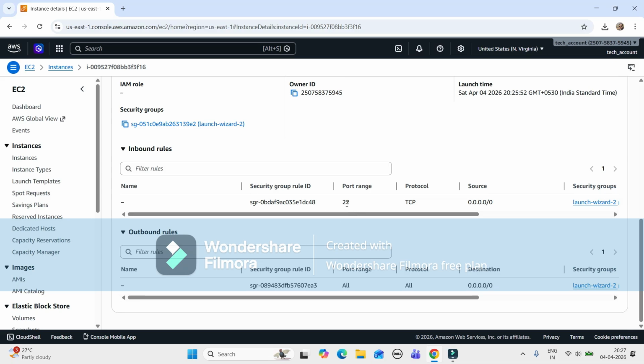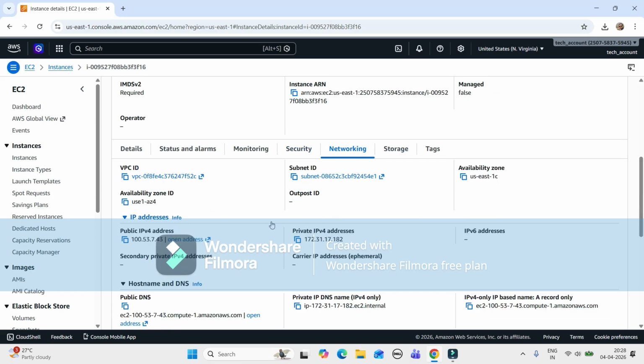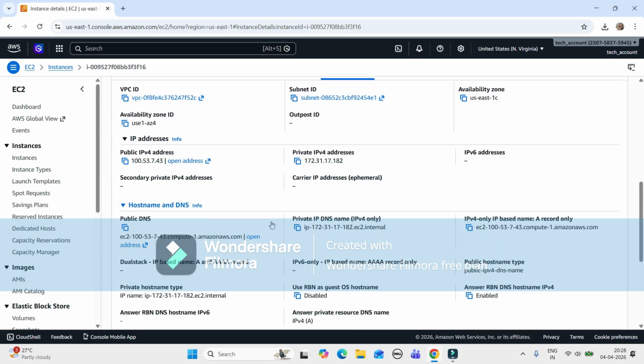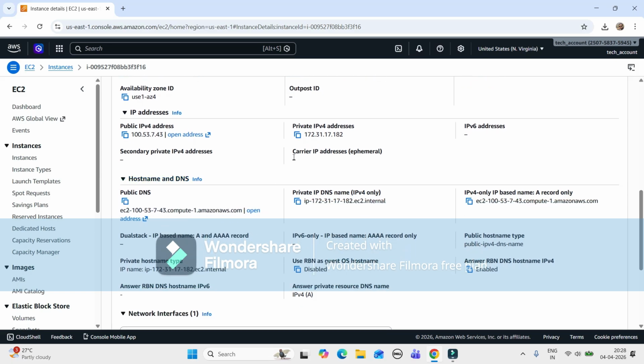Here I have given port 22, and we can connect from any location. Then the networking portion shows the hostname, DNS, public IP address and private IP address. You can also use IPv6 if the IPv6 option is enabled